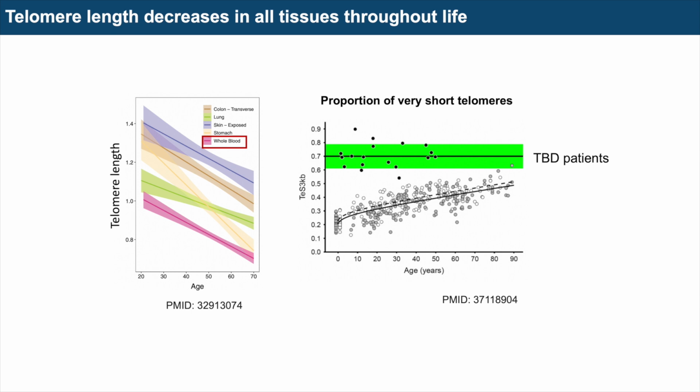Now, why is that important? And this is, I think, where a lot of people get lost. And so when the cells in our body, particularly the hematopoietic stem cells, have very short telomeres, it sends a powerful signal to the cell to stop dividing. And when that happens over the course of thousands and thousands of our stem cells, eventually the supply of our blood cannot meet the demand of the body, and we develop blood complications, low blood counts, and then one of the feared complications in patients with telomere biology disorder is blood cancers. And so that's what we'll talk about.